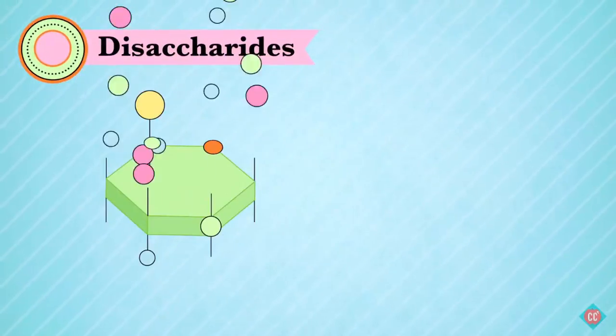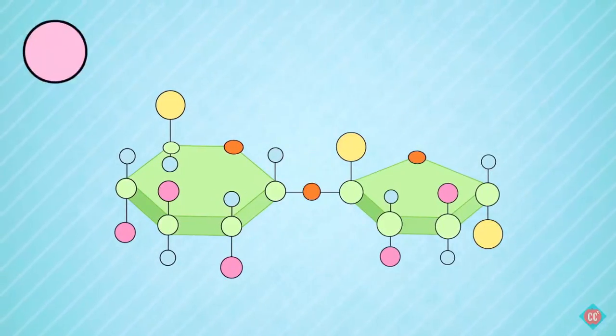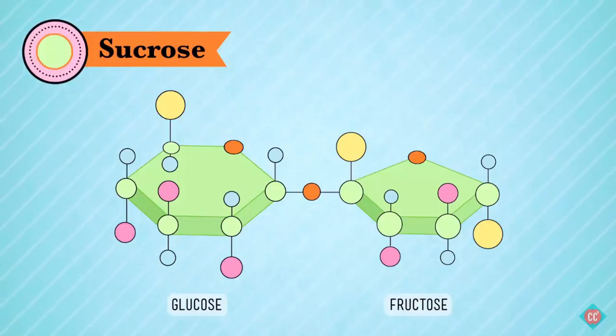And then there are disaccharides, which, like the name says, are just 2 monosaccharides put together. And the most famous of these is sucrose, which is simply a glucose molecule and a fructose molecule joined by a covalent bond. Mono and disaccharides are pretty much little niblets of energy that are really easy for our bodies